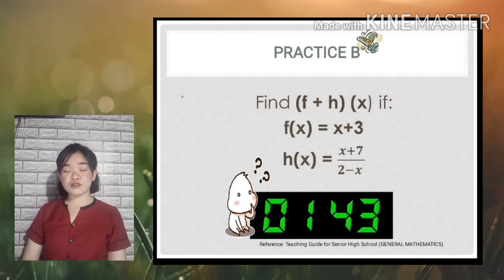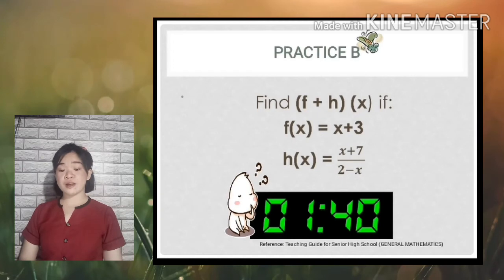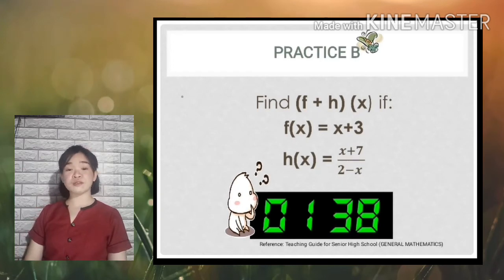So we have additions of rational expressions. So x plus 7